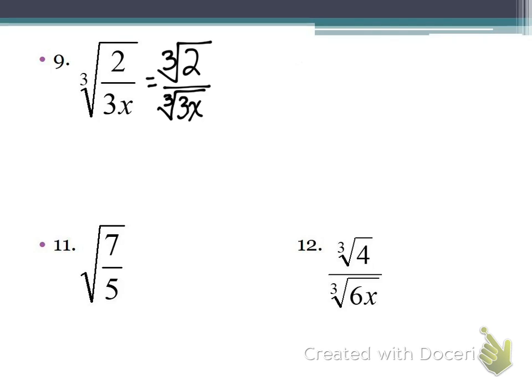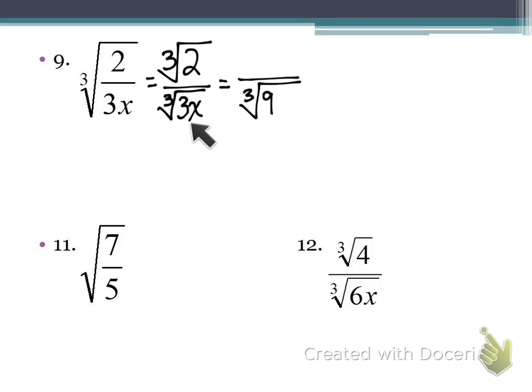Now, with square roots, it was easy to force the denominator to be a perfect square root. With cube roots, it's a little bit trickier. If we multiply 3 times 3, is that a perfect cube? No. So now, instead, we need to multiply by how many 3s? We need 3 altogether. We've already got 1. We need 2 more. So 3 times 3 is